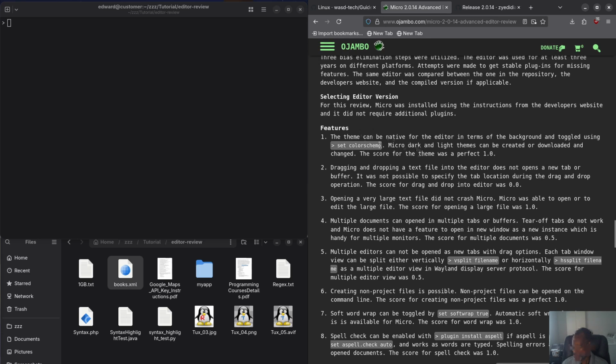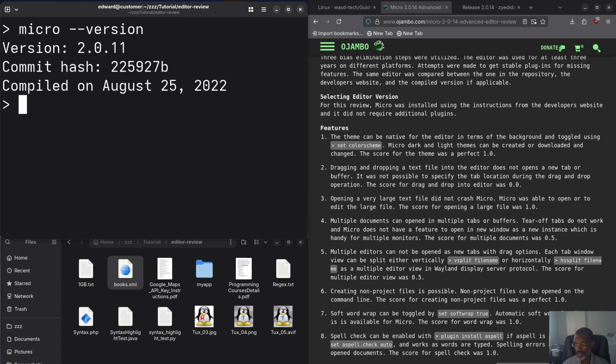So let's jump to the command line first. You see, I'm in this editor review just to keep everything the same. So what you do is just type micro space -version. Yeah, it's actually pretty good for handling large files. You see, I'll open up the large files also. If I type micro -version, you can see it's version